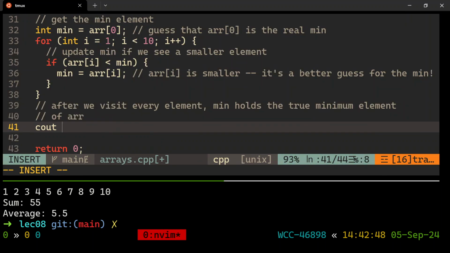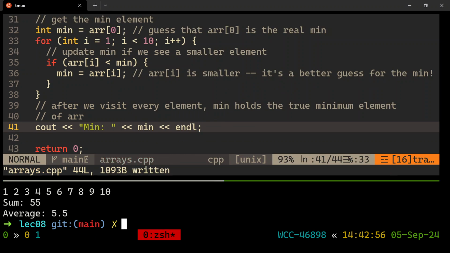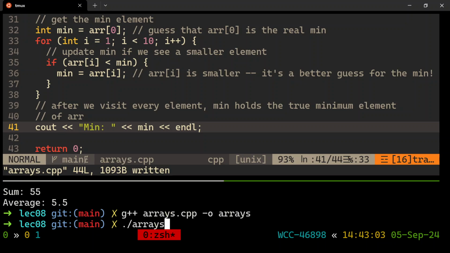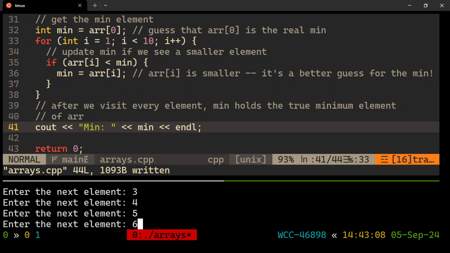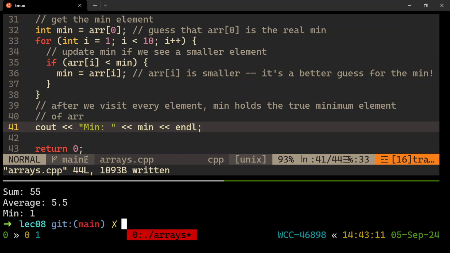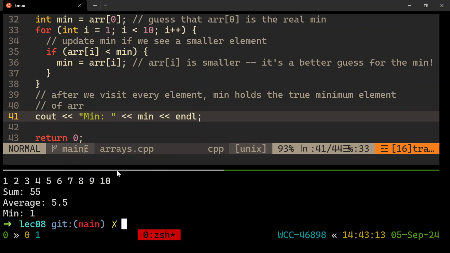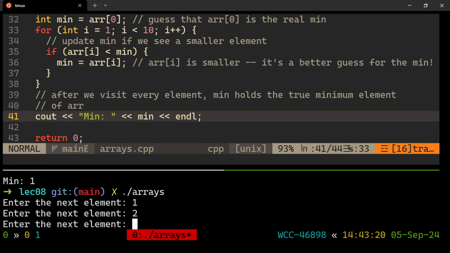All right, so after all that work, what is our min? It's that, right, whatever that was. Does that make enough sense? This is probably the most complicated algorithm we've learned so far, so it's okay if it's still a little confusing. Definitely stare at it for a moment. Here's just 1 through 10. So the minimum was the first thing; it never got updated. Okay. But if I did 1, -3, 4, 5, 6, 7, 8, 9, 10,